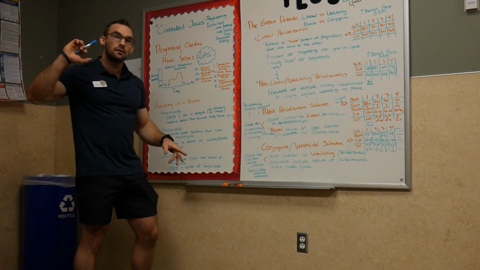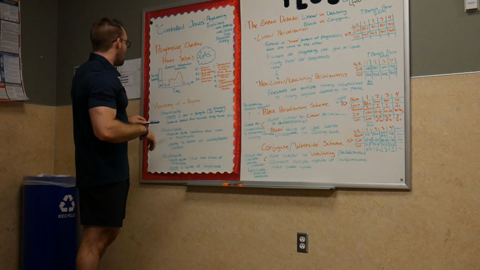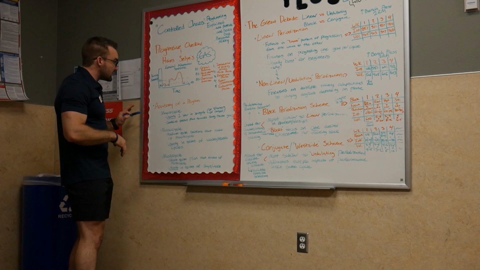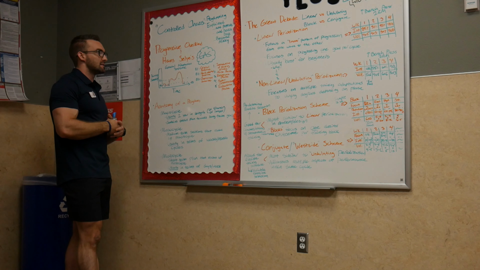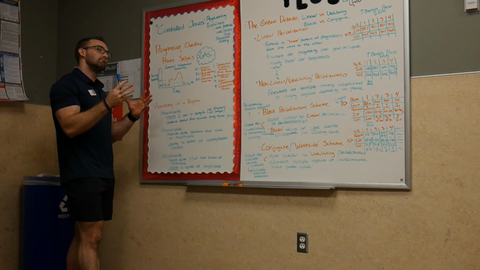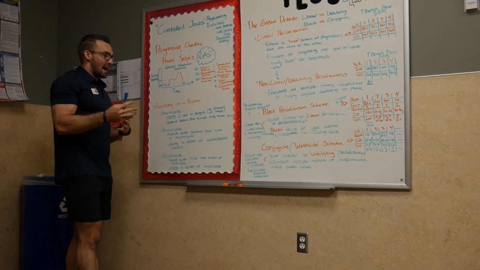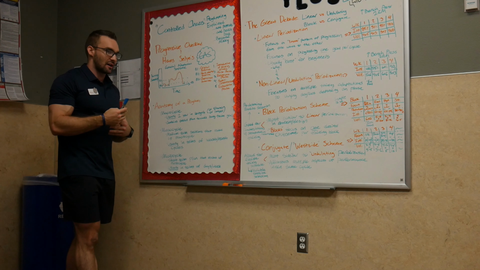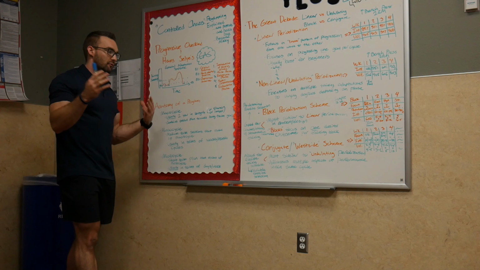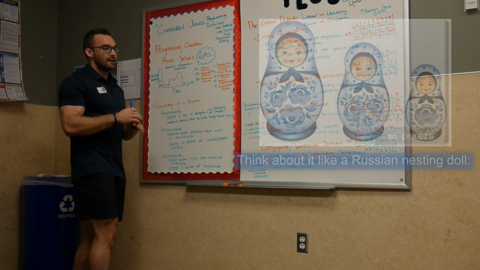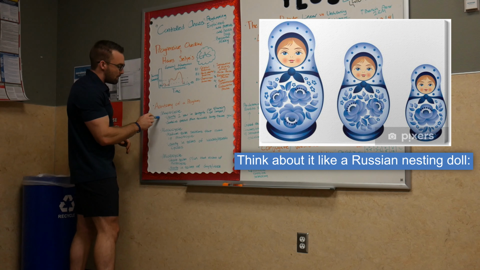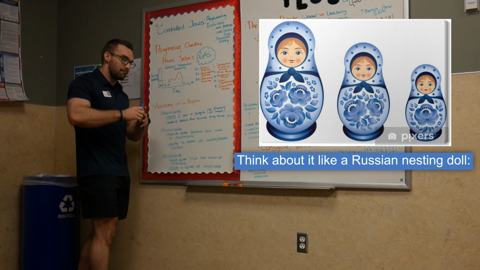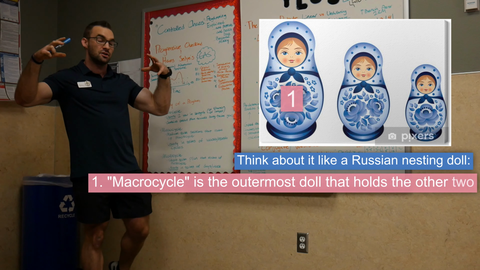Anyone else? Nope, cool. So now we will go into the anatomy of a program, what actually makes up the programs. It can seem like a big, arduous task where you have to sit down for hours and hours trying to plan out a year's worth of workouts, but if you take a certain approach to it, it's much easier. I'll start off with the big picture first, the macro cycle. This is the big overall plan to reach a certain goal.